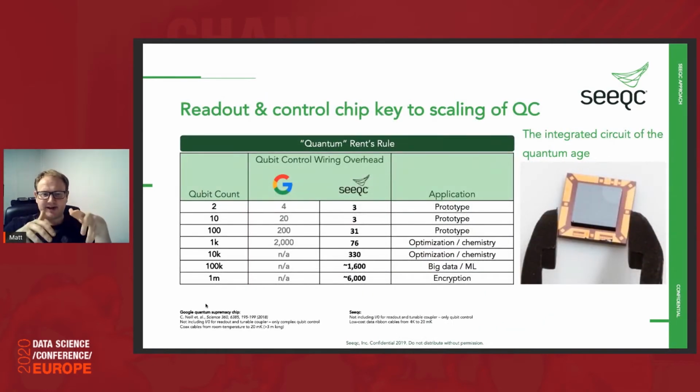But what does all this integration really mean? As I was going back to, in those early classical eras we had systems filling rooms, and ultimately it took the invention of the integrated circuit to break what they called at the time the tyranny of numbers: every time you added a bit of classical logic, you had to have a wire to control that bit of classical logic. This tyranny of numbers ultimately led to the belief that at that time you couldn't build a scalable and commercial grade classical computer. Then the integrated circuit came along and broke that additional wire per classical bit, and led to commercialization